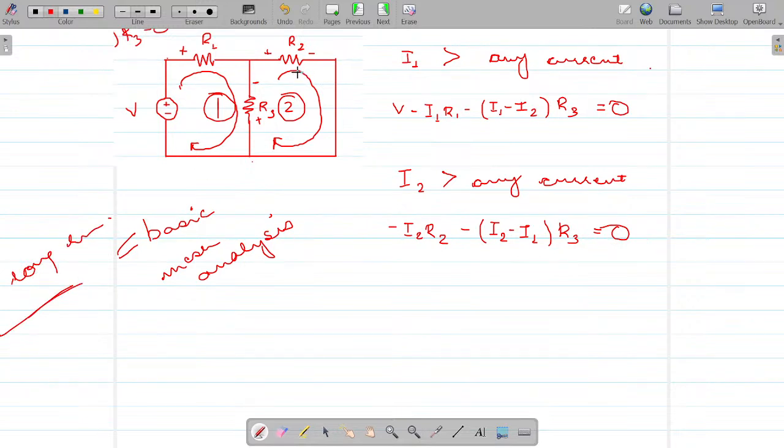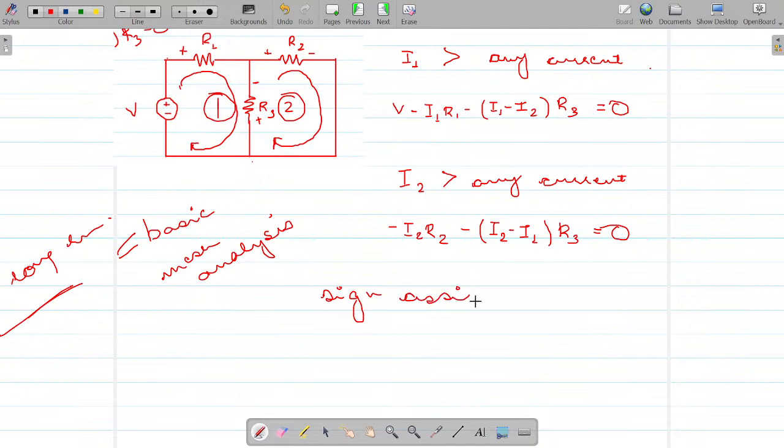Okay. There is no compulsion in the direction of currents that we assume. It is just our assumptions. For now, it is clockwise. You can also take it anti-clockwise. It is strictly up to your choice. But be very clear with sign